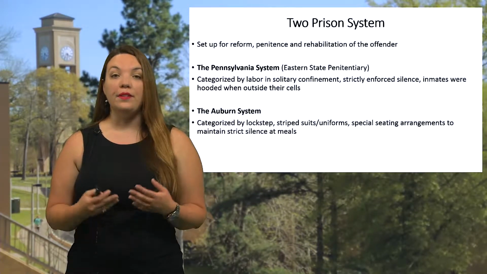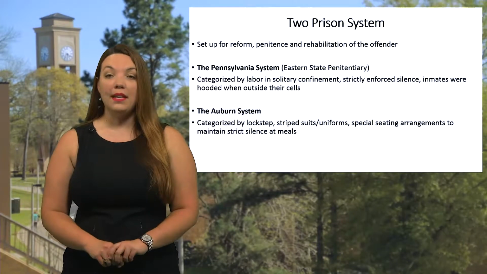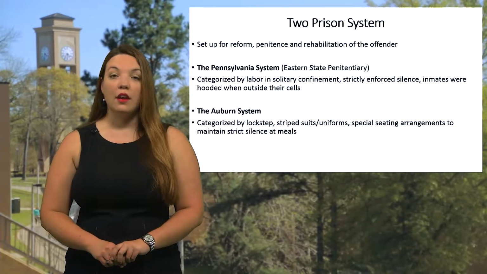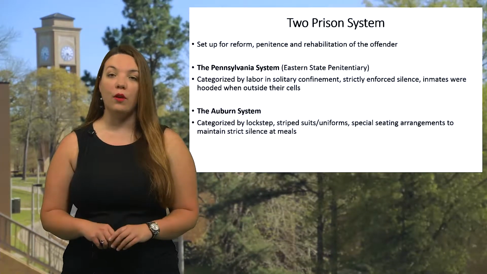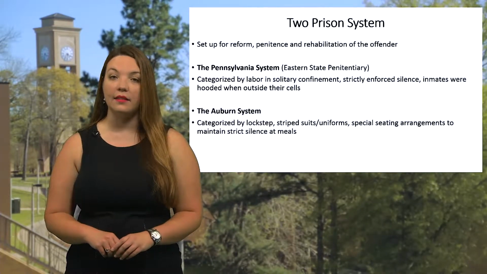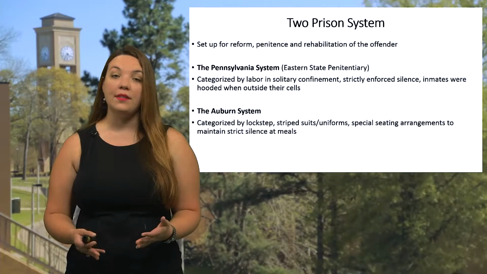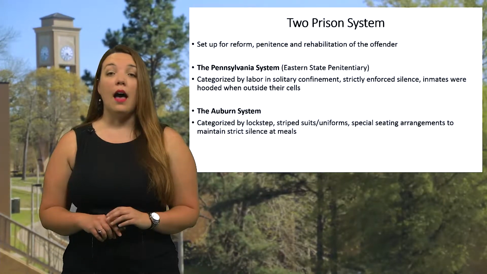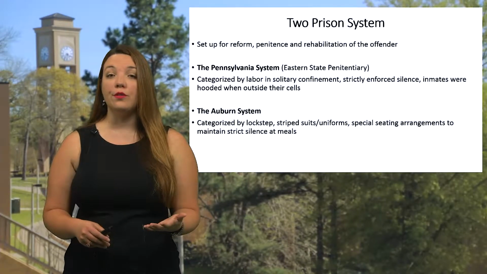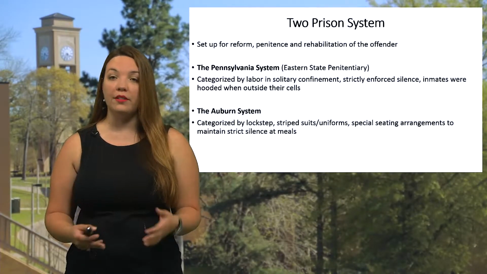The Auburn system was criticized for many of the things that we do in prisons today, causing the inmates to lose their sense of self. The inmates were required to wear uniforms, remain silent for a large part of the day, and would be required to perform different sets of laborious tasks. They were required to make nails, barrels, clothing, shoes and boots, carpets, buttons, carpenter's tools, steam engines, boilers, etc.